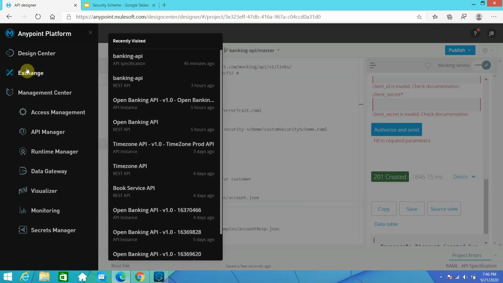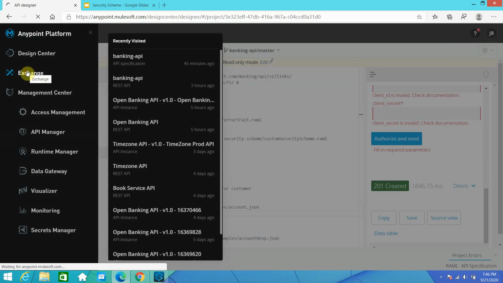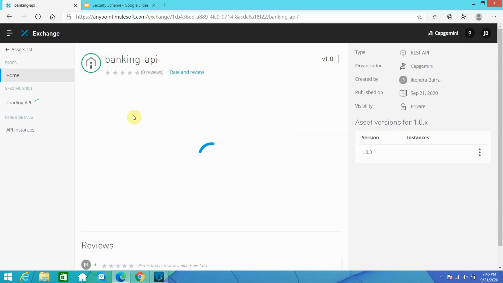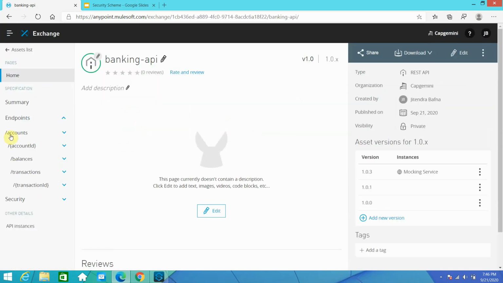Now you can go to exchange and you can see this in the exchange. So go to banking API. Okay, now you try any one endpoint, post.